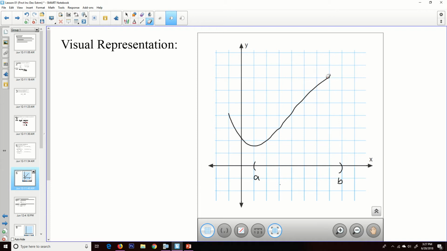Make sure that I'm going all the way up at b, and then we can start coming back down. All right, so here's my function f, and we want to talk about how I can say that this function here is increasing